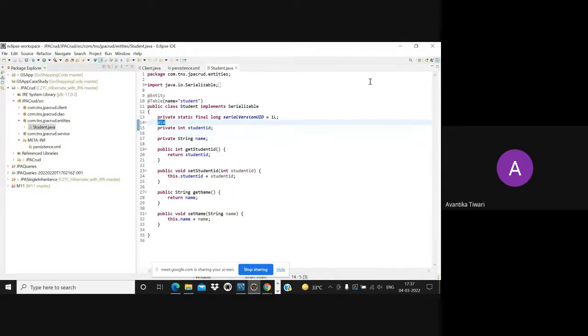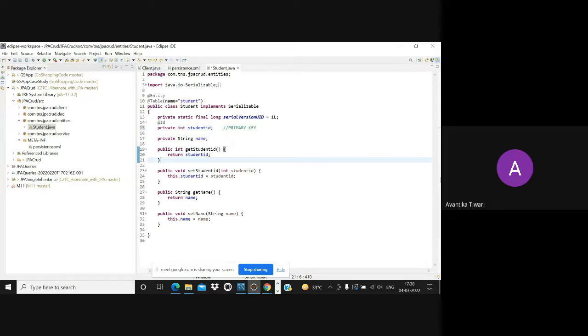For that you have to use the annotation @Id. As my student ID is the primary key, we are using @Id for this column. This is my primary key.